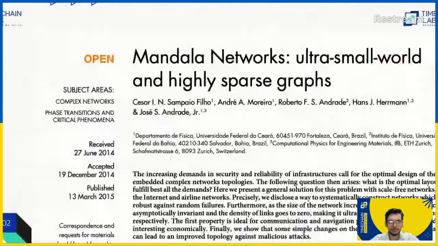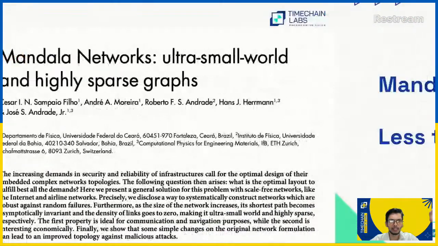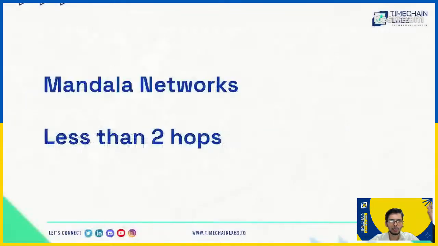Those are concepts that you can study in more detail in computer science. There are research papers written on it that I recommend you study as well. So the property of a mandala network, which is very useful, is that you have a transaction propagating from a miner the moment he hears it to any other miner in less than 2 hops. So it makes a hyper-connected system where every node is connected to every other node, and transactions are broadcast within a few hops, less than 2 hops.